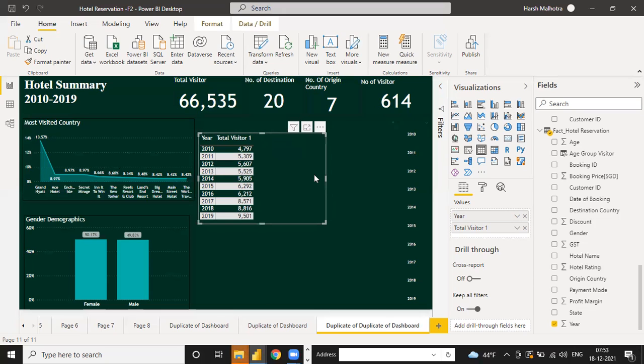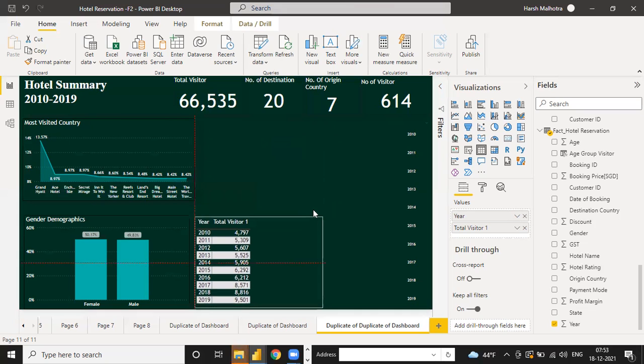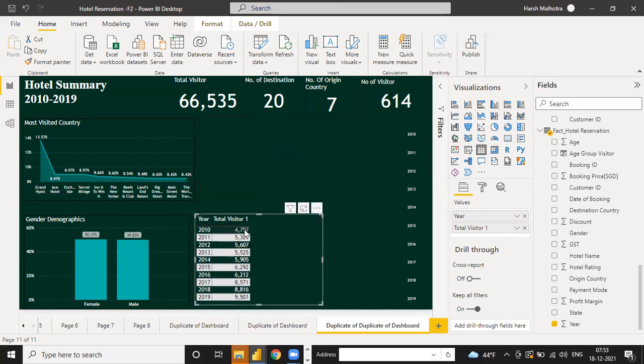For analyzing the change year after year, suppose in 2010 you have 4797, in 2011 you have 5309. How much is the numerical change and how much is the percentage change? Because every country, every organization needs to know how much percentage we have decreased or increased from the last year. So that way we have to analyze our requirement.